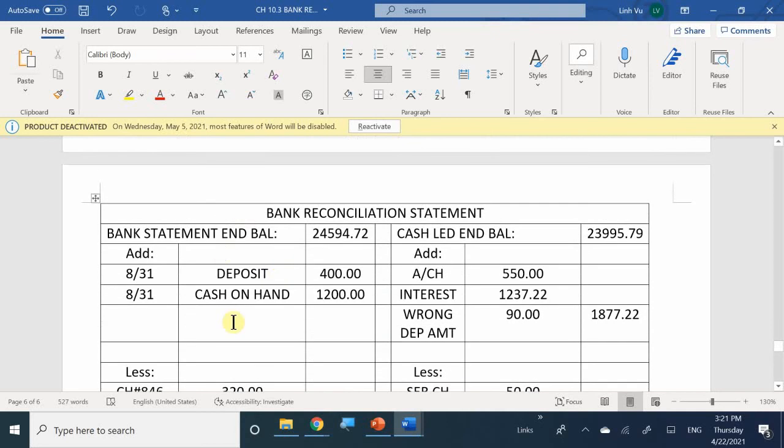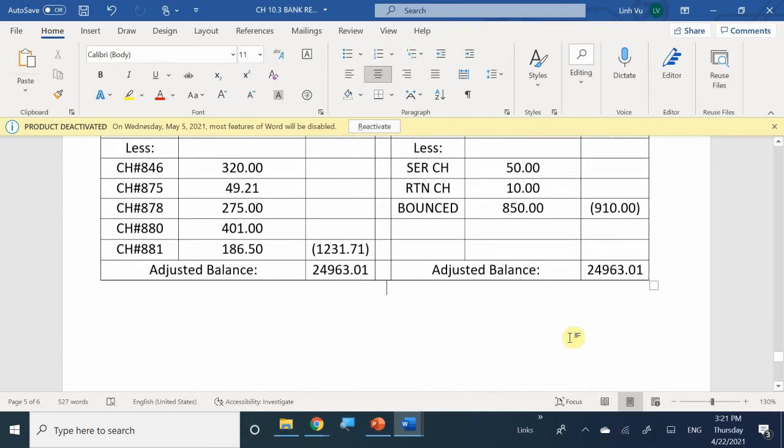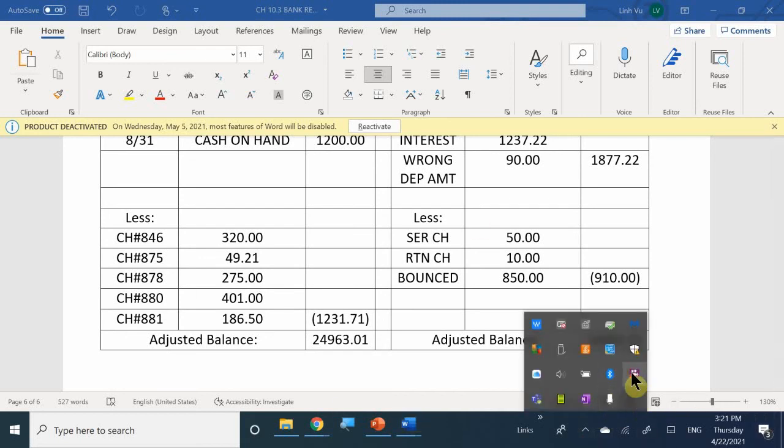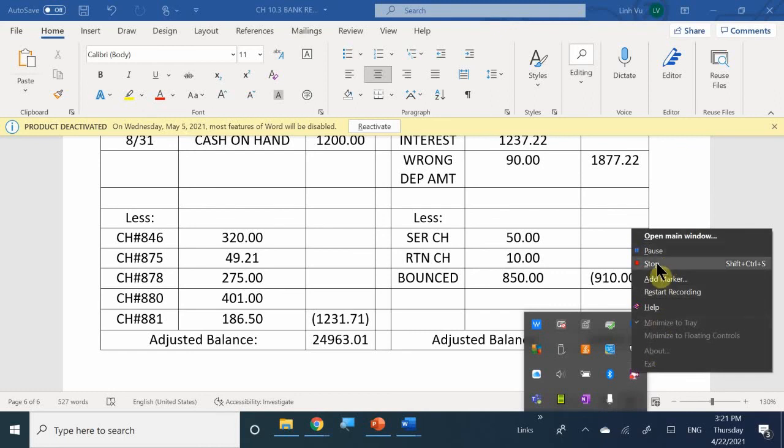Any questions on how this was done? Once again, the bank didn't know you had cash on hand, but the bank recognized that you deposited that extra $90. So that's how you have to understand it: what does the bank know that you don't know? So there you go. And that's how you complete this bank reconciliation problem number 4. Any questions? No. Okay, all right, so now let me tell you